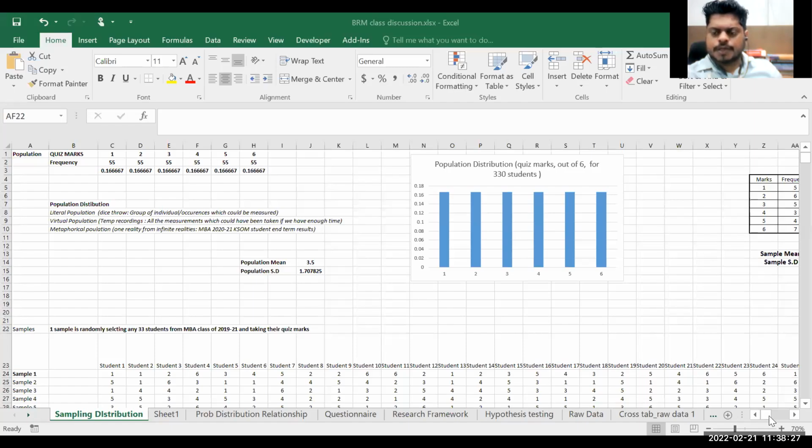Theoretical data. This is not actual data. So I have a population of these 330 students where I have taken a quiz, right? Let's say 55 students scored